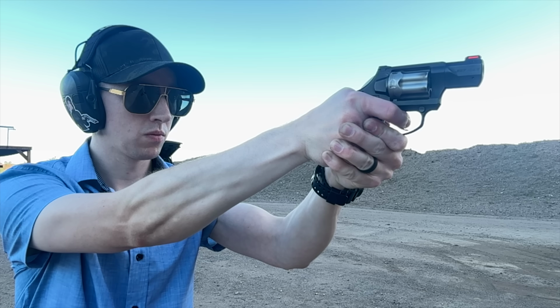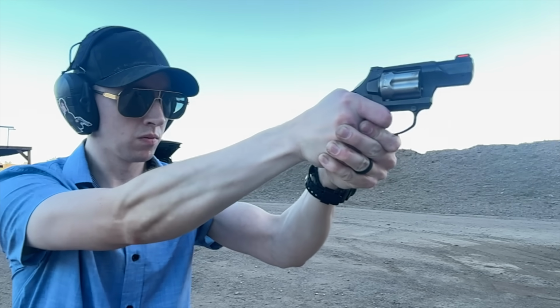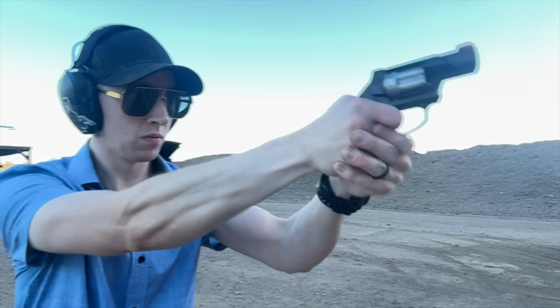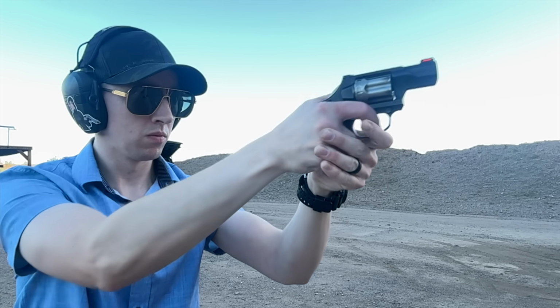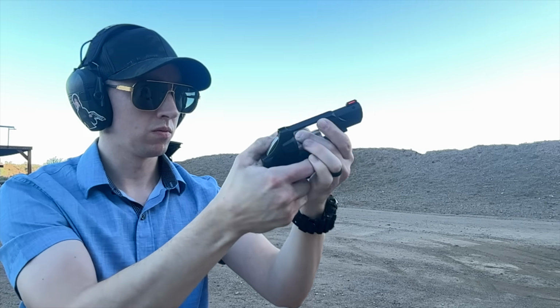And finally, we have the question mark of long-term durability. There are not many of these in circulation, and of the ones that are in circulation, I don't think they're getting a lot of rounds put through them, so we don't really know what the lifespan of one of these new Diamondback revolvers is really like. So even though these have been out for a year or longer, it really is still kind of that early adopter phase, but at the very least, if something was very wrong with this, it would have broken on me by now,